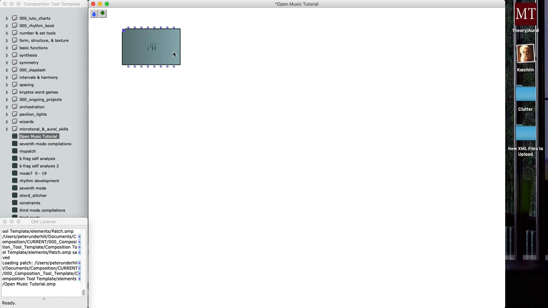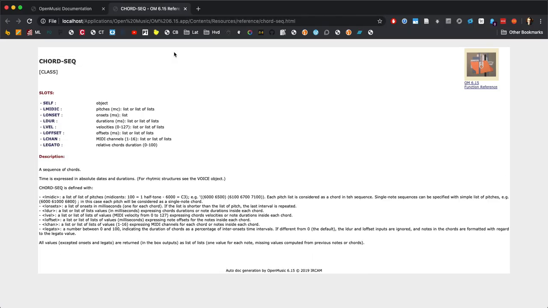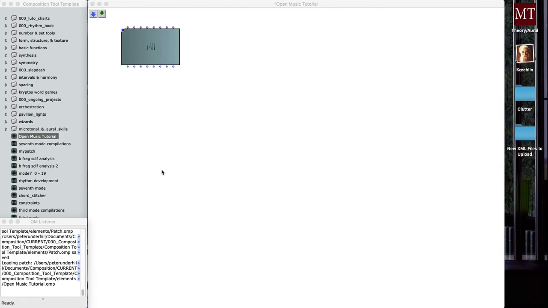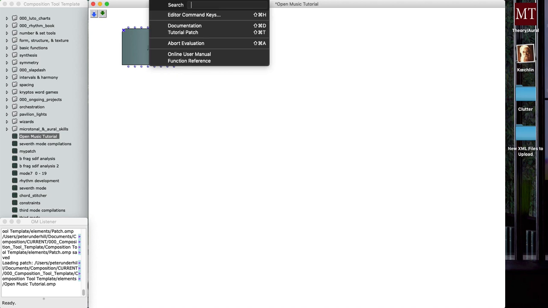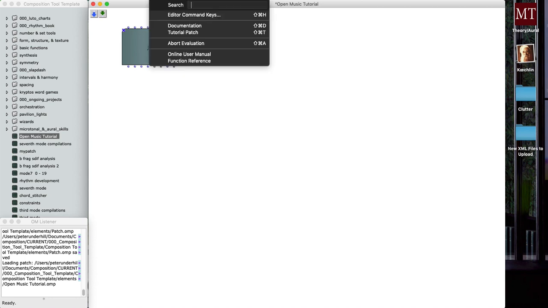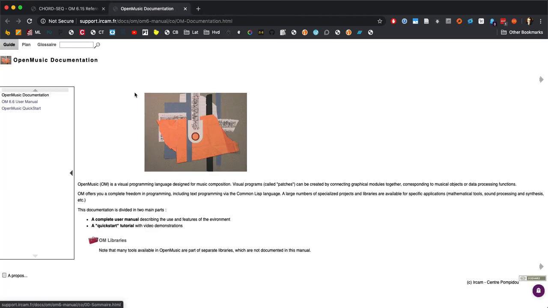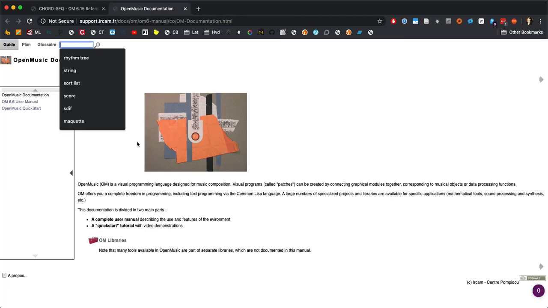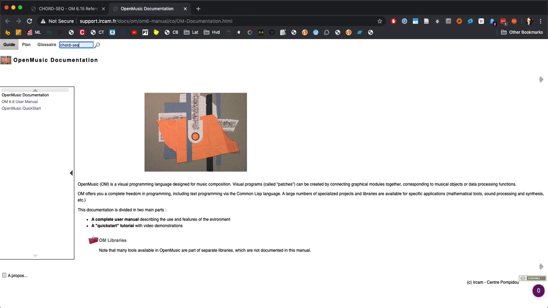click on this chord sequence object and then hit your D key on your keyboard, which will conveniently open up some documentation that'll give you some information. Also, if you open your help menu and go to online user manual, that will conveniently open up the official OpenMusic documentation. You can do a quick search for chord sequence,